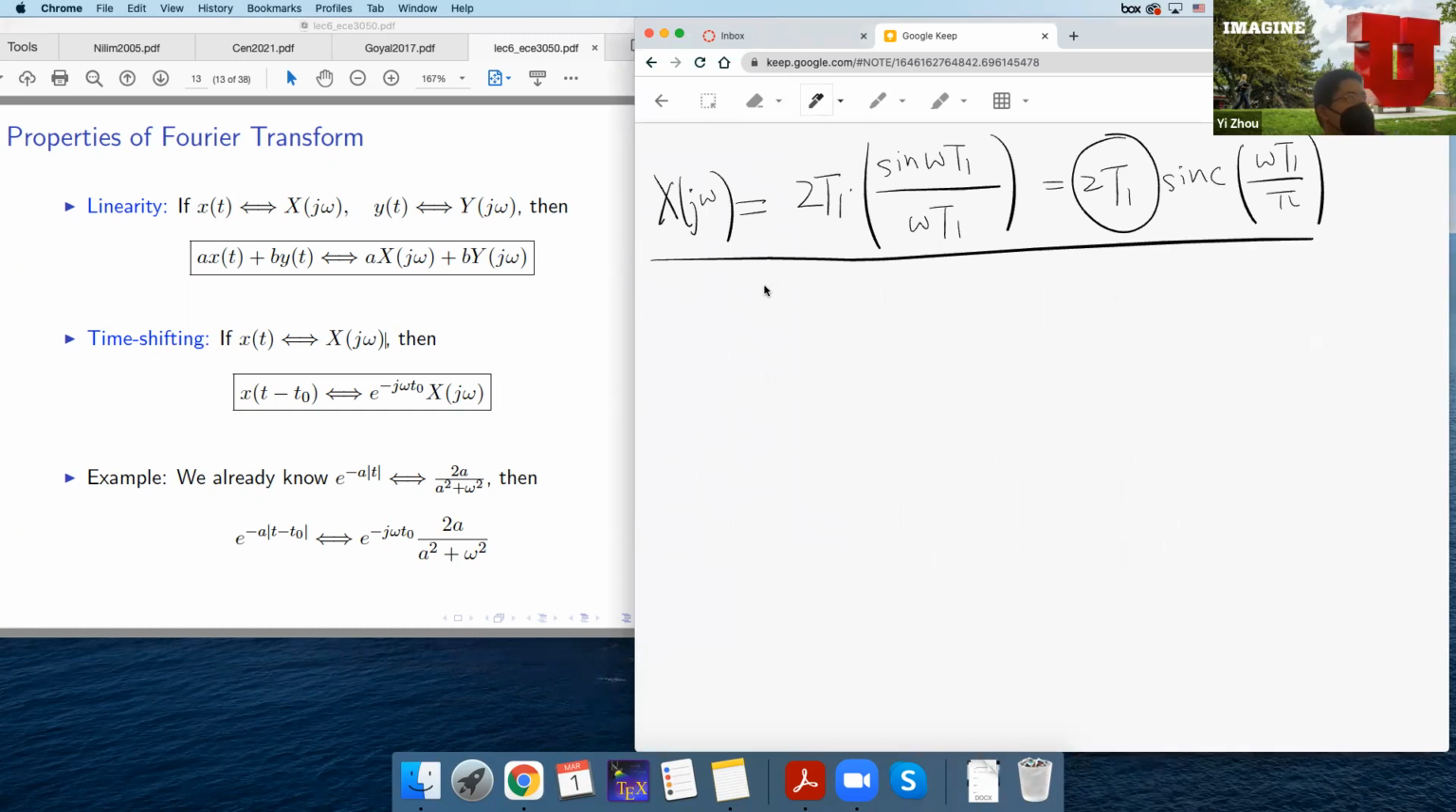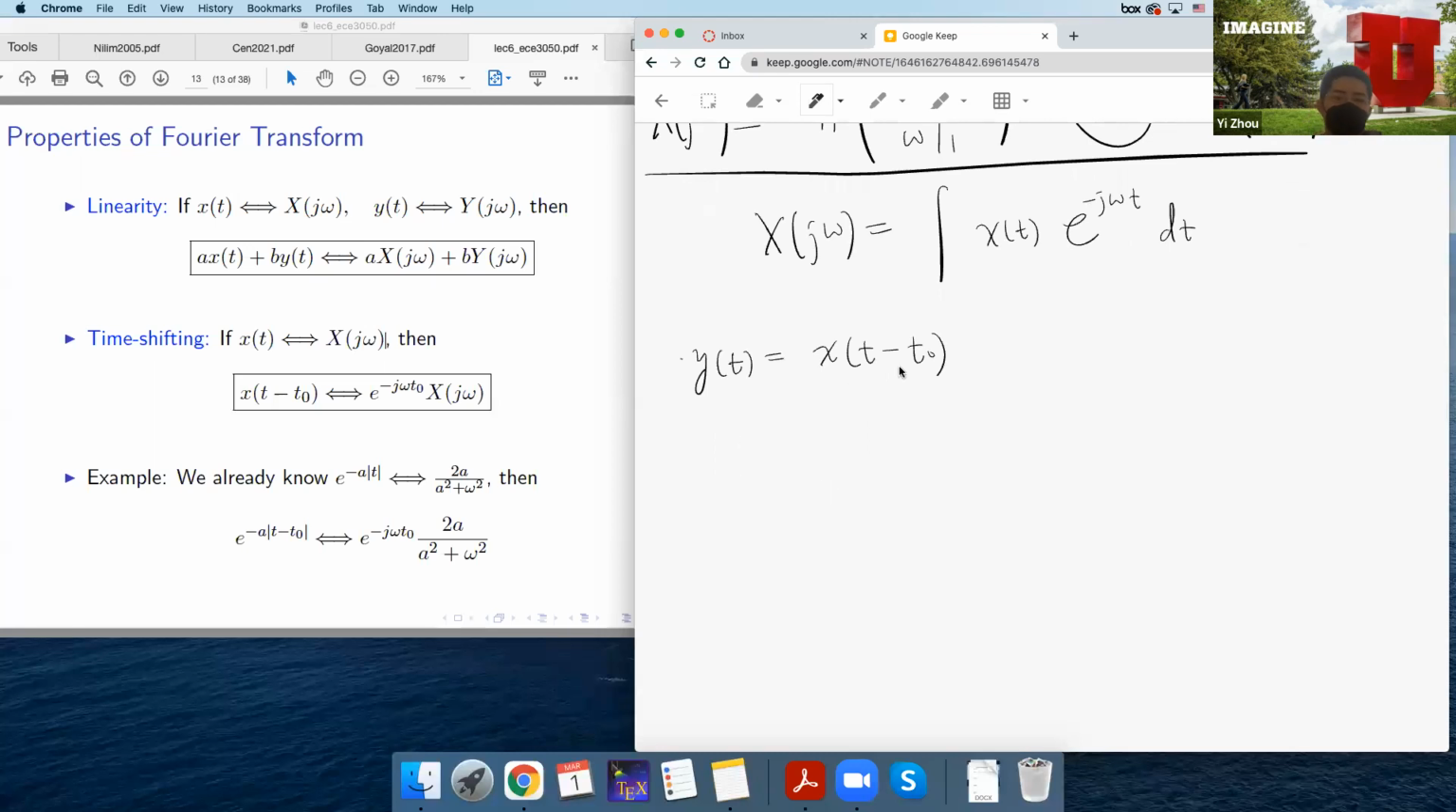Yeah, let's actually prove this relation based on the definition of the Fourier transform. So we have X(jω) is the Fourier transform of x(t), right? And now we are looking at, let's call y(t) a shifted version of x(t). And now let's look at Y(jω), which is